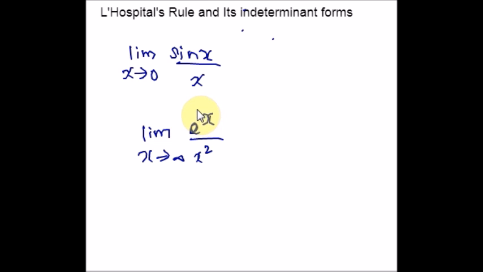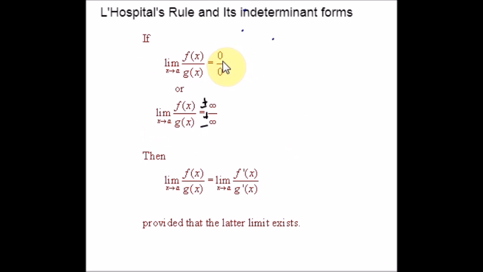Okay, let me list out. So here is the L'Hospital's rule. Suppose that we have one of the following two cases: 0 over 0 or plus or minus infinity over plus or minus infinity, where a can be any real number. This a can be any real number, infinity or negative infinity. So in these cases we have limit x tends to a f of x divided by g of x, which is equal to limit x tends to a f dash of x over g dash of x, provided that the